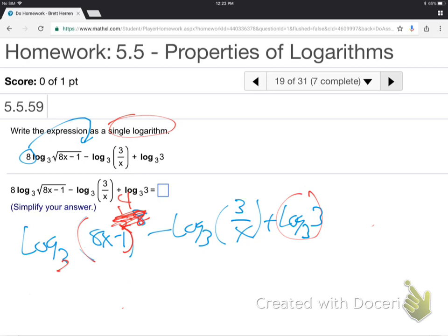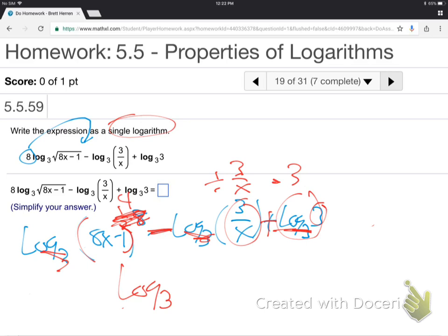Remember, when you put 2 or 3 logs together, adding is times, subtraction is divide, right? Subtract this guy, meaning I'm going to divide that guy. And plus, which means times, that guy. Just him, not the base. We never mess with the base, right? That just stays the same. Log base 3, they're all log base 3. We don't mess with that. We just take the other parts,